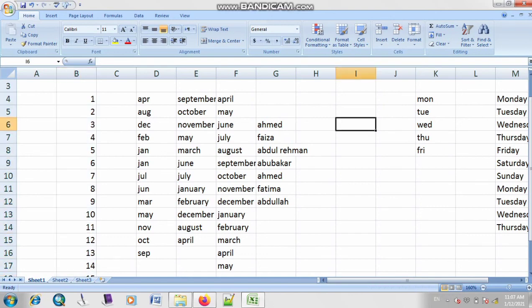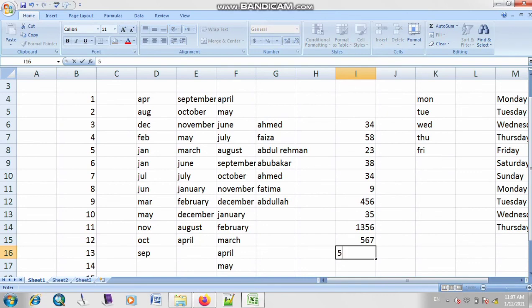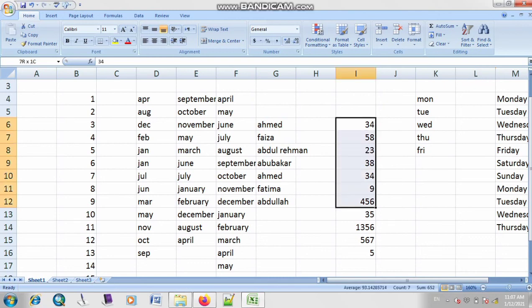Let me type some numbers randomly. 34, 58, okay. So as you can see, I have randomly entered some numbers here, and now how can I arrange these numbers? You just have to select your series, select your data, click on this option of sort and filter.